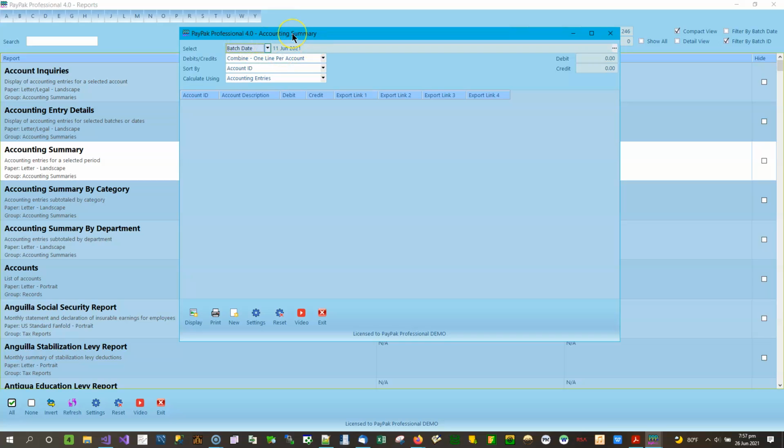If you choose the batch date, it will combine those 3 batches together. You get one combined set of accounting entries for those batches. If it was by batch ID, the batches will be separated. You can choose separate batches. That's your choice. Now, when it's on batch date, you can also choose more than one date by clicking on